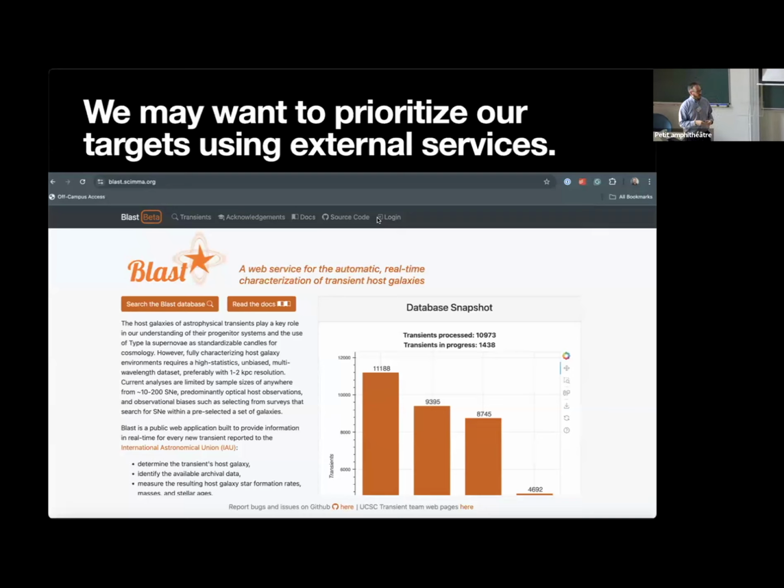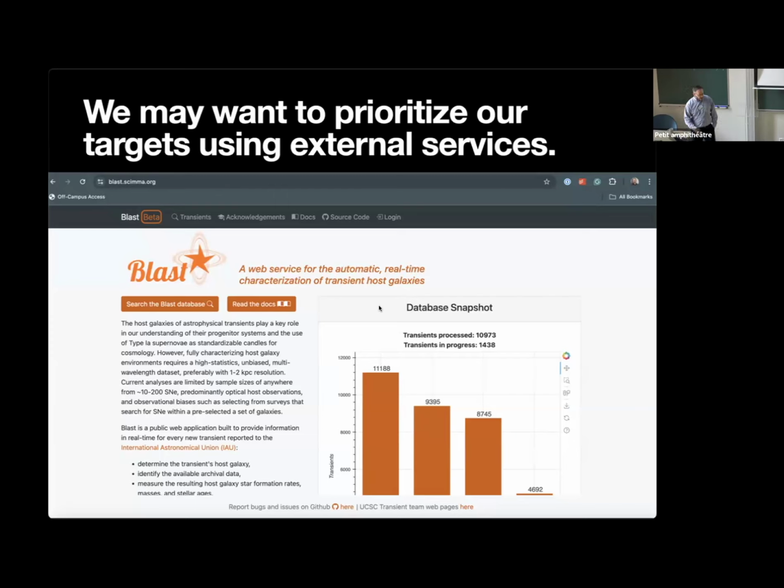And so what I'm honestly hoping for the most out of this workshop is that we start being able to connect some of these different pieces. Perhaps if you're interested in things like this, I'd love to find ways to hack together some of these and connect some of these different pieces of infrastructure like BLAST.